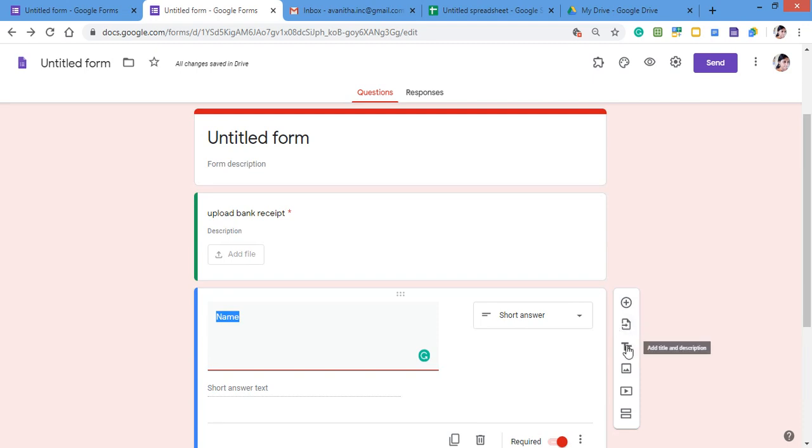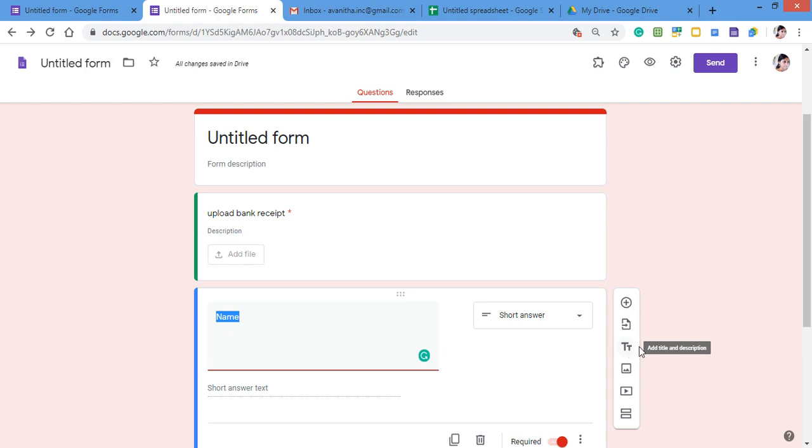Then if I want to give some more, for example, in a questionnaire, if you are doing research, the questionnaire will be divided into different sections. Based on the title, you will be giving the questions. For that, you can add the title and description to the questions. For example, in a questionnaire, you will have the demographic details and then you will go to the content of the actual research.